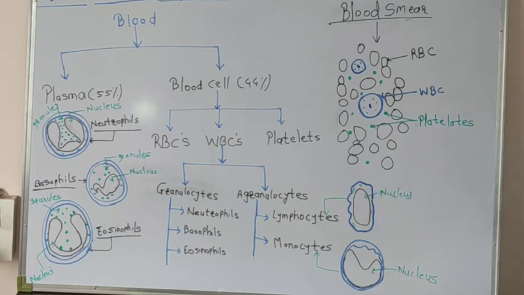And the main thing, in agranulocytes the granules will be absent. So you can see in both diagrams, that means in both lymphocytes and monocytes, there are no granules present. They will be absent. So these lymphocytes will be about 25 to 30% of the WBC,